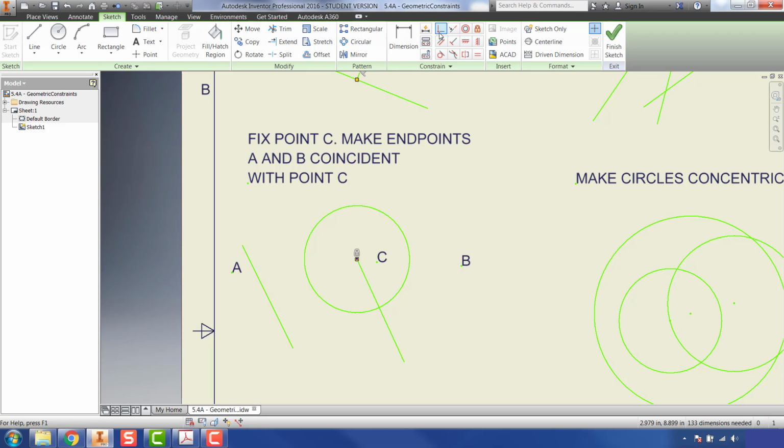I will also add another coincident constraint, and it stays selected until I escape out of it. So I'll hit the endpoint of line A and then select the center point of the circle, and that line will move over, and it adds these constrained to the center point of the circle and then down at an angle to either side. So if we zoom out here,